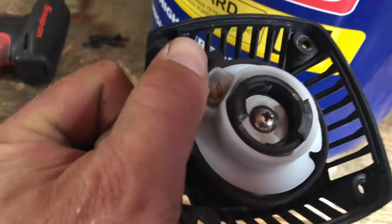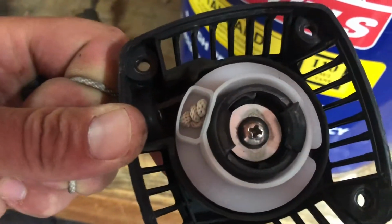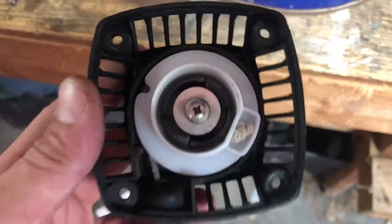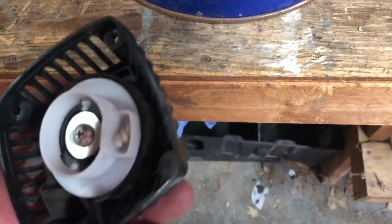Let me get this out. It's hard to do this with two hands. Those two tangs are those two black plastic raised parts, and you can see they're almost chewed up already, and that's what I ran into with my Rampage. That's why I had to change this out, because after like 3 or 4 times of driving it, these things got completely worn off, and they wouldn't grab, and they wouldn't spin the engine over anymore. I went through all kinds of ideas on how to fix it, and then I just went ahead and spent the 30 bucks,